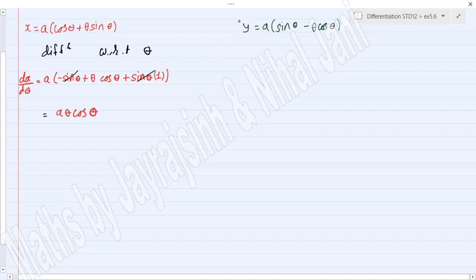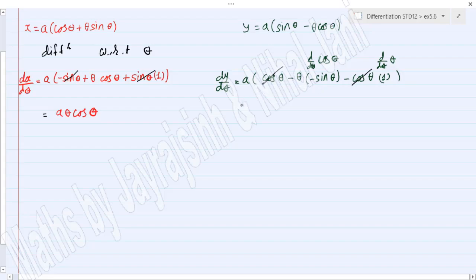Now let's differentiate y with respect to theta. So we'll get dy by d theta is equal to a, which is constant. Differentiation of sin theta will be cos theta, minus, in the second term we have multiplication of theta and cos theta. Theta will be as it is, we have to differentiate cos theta, which is minus sin theta, minus cos theta will be as it is, and we have to differentiate theta, which will be 1. So cos theta minus cos theta will cancel out. We will get